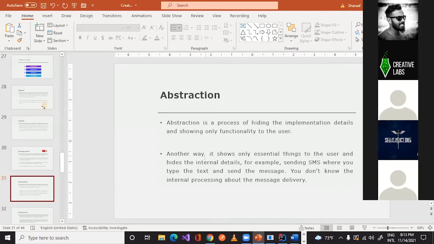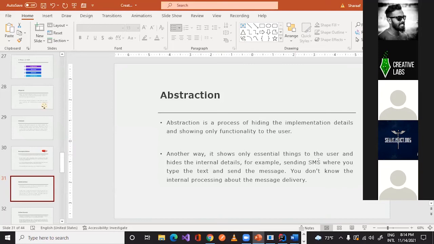So that is basically abstraction. We don't need to worry about what the implementation is. If you want to type, you can press the button and type. You don't worry about how this letter is being generated or how this process is being done. So that is basically a real world example of abstraction.